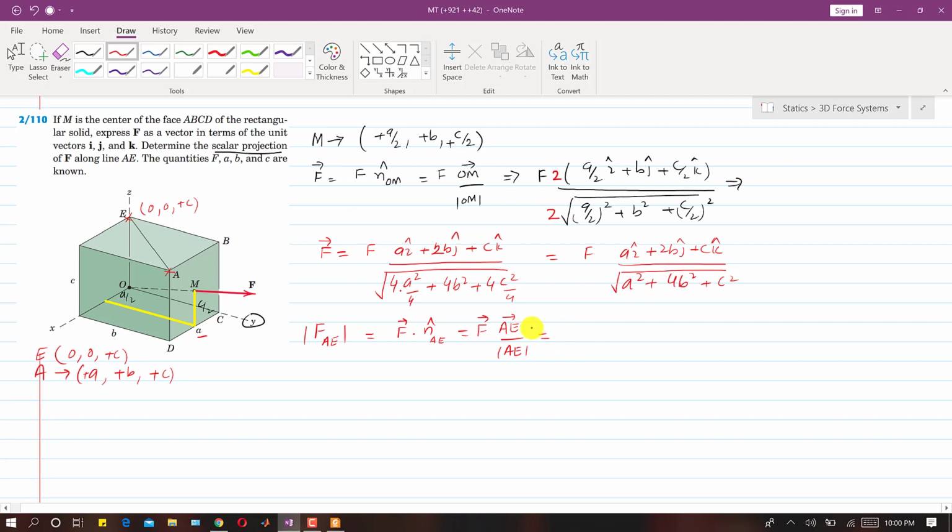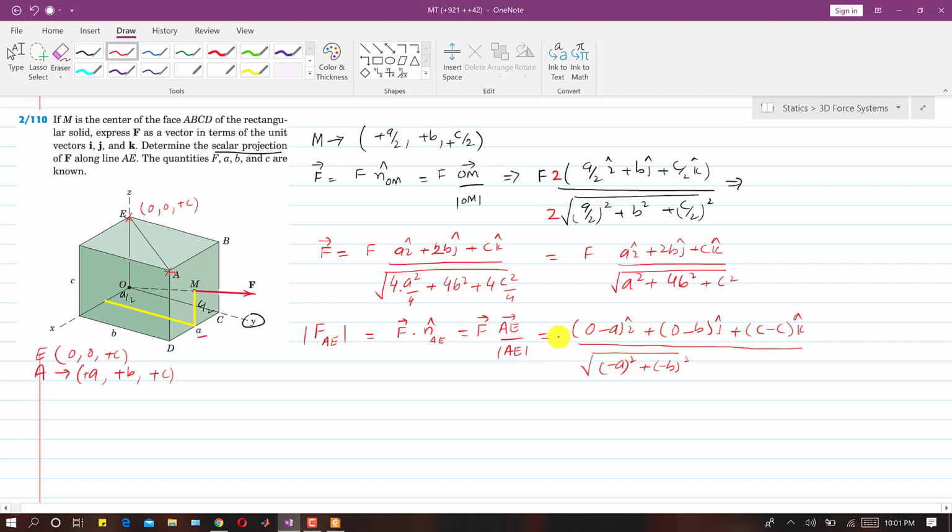Now we will subtract the coordinates of A from E to get that AE vector, right? So it will be 0 minus a i, plus 0 minus b j, plus c minus c k, right? So this will be that AE vector. For the magnitude, it will be minus a whole square, so this will become minus a, this will become minus b, so I will write plus minus b whole square, and this will become 0. So we will be left with this,